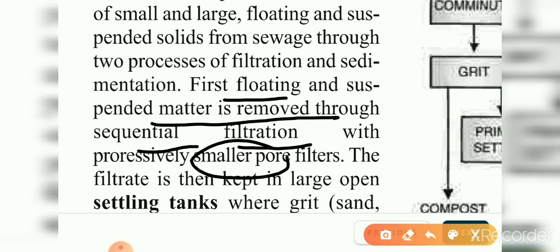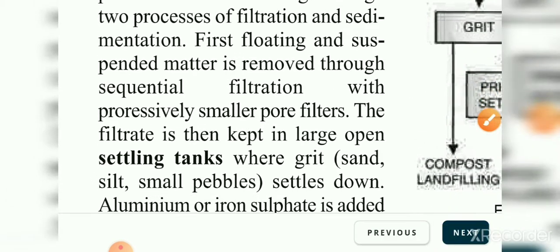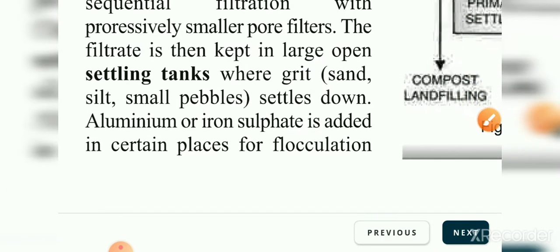After that, what is done? The second stage is the sedimentation stage. Now what is done there? In this particular stage, the filtrate is kept in a large settling tank. Where do we put it? In a big tank, and that tank is actually called the settling tank. And sedimentation will happen there. In sedimentation, when the sewage is kept in a big tank, all the heavy size particles in the sewage, which are collectively called grit,